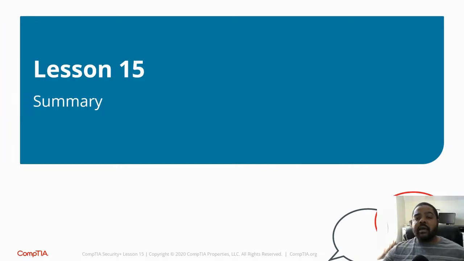So in this lesson, we went over the different types of cloud deployments, the different types of services that you can have, and we also went over different types of security measures that we need to put in place in order to teach our users